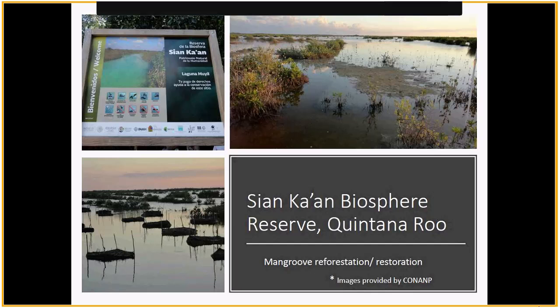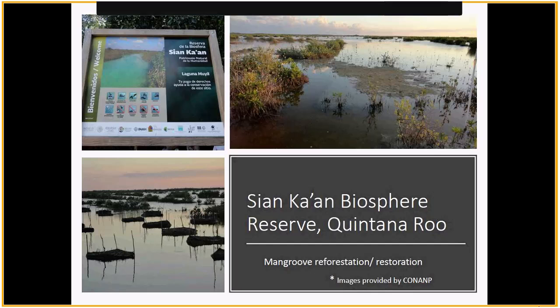For example, with the help of SEMARNAT and the Ministry of the Environment, and with the help of the CONANP, that is the National Commission of Natural Protected Areas in Mexico. And we have implemented it, and I'm just going to give you examples of what type of measures have been done in which places.